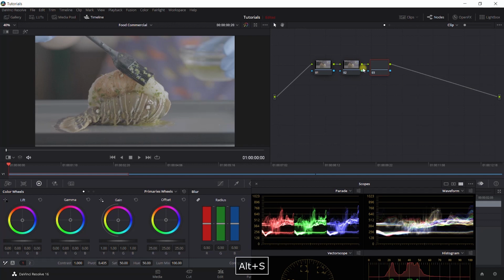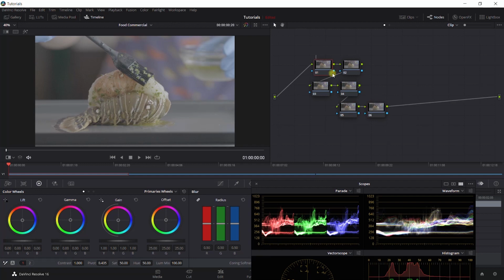The third node would be for working on my saturation and the look of the image. The fourth node would be for vignette. The fifth node would be for sharpening, and then the sixth node would be for glow. So I'm just going to go ahead and label all of this so it's easy for us to follow. The noise expo,